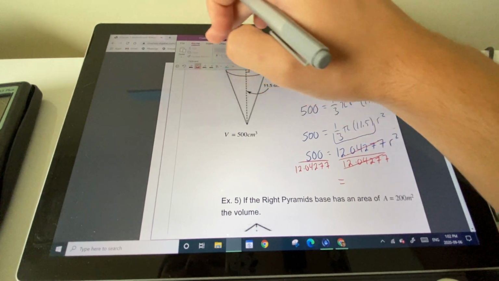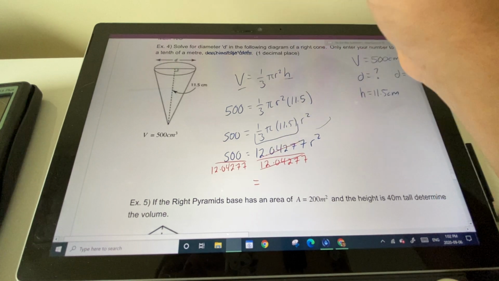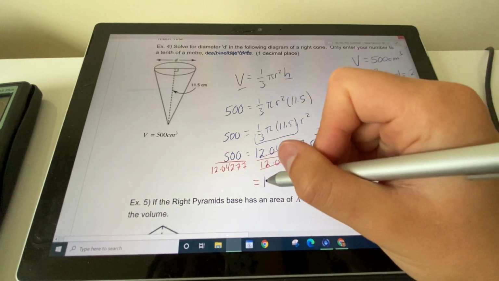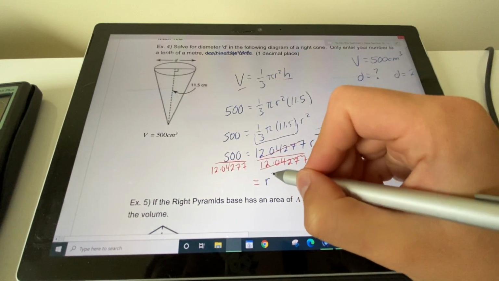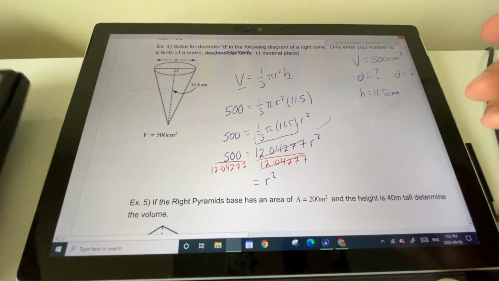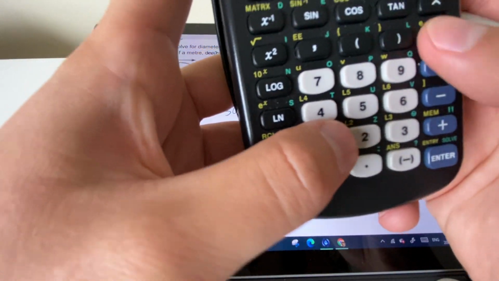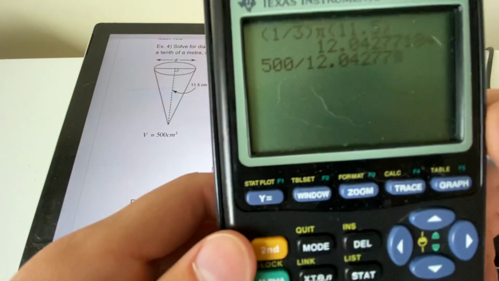Sorry, technical difficulties, there we go. So this will leave you with just r squared on this side. Now we have to divide 500 by that number. So 500 dividing 12.04277, so we can see there, that gives us